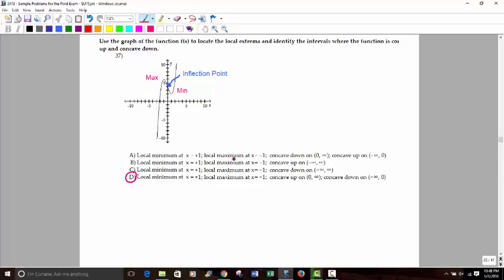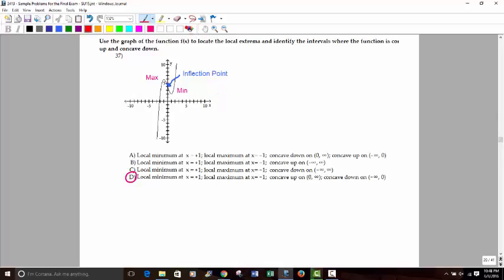And you see they're not trying to really trick you up here. They're indicating that it's definitely 0. In other words, they don't have answers like 0.2 or something weird like that. So this is pretty easy. So you've got the local min at +1, max at -1, and then the concave